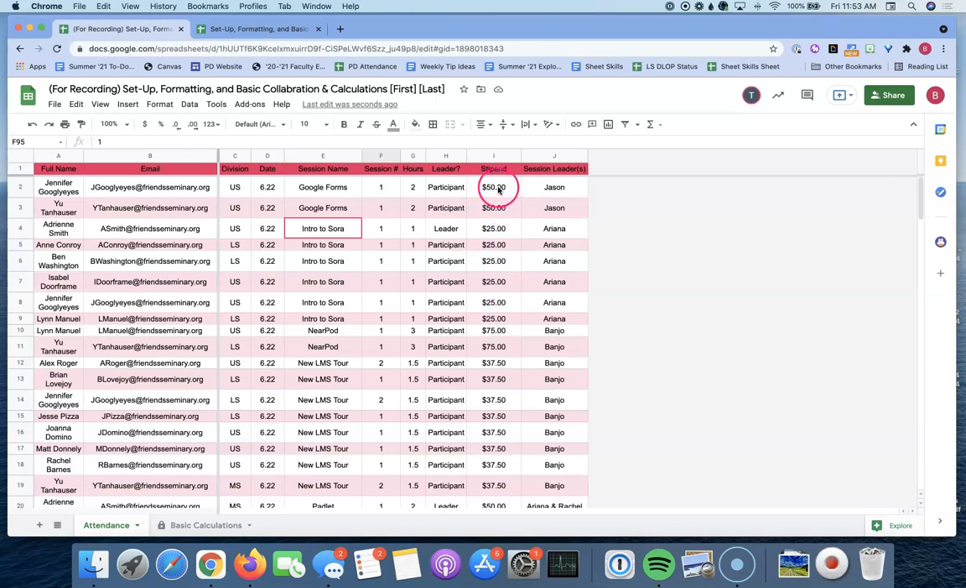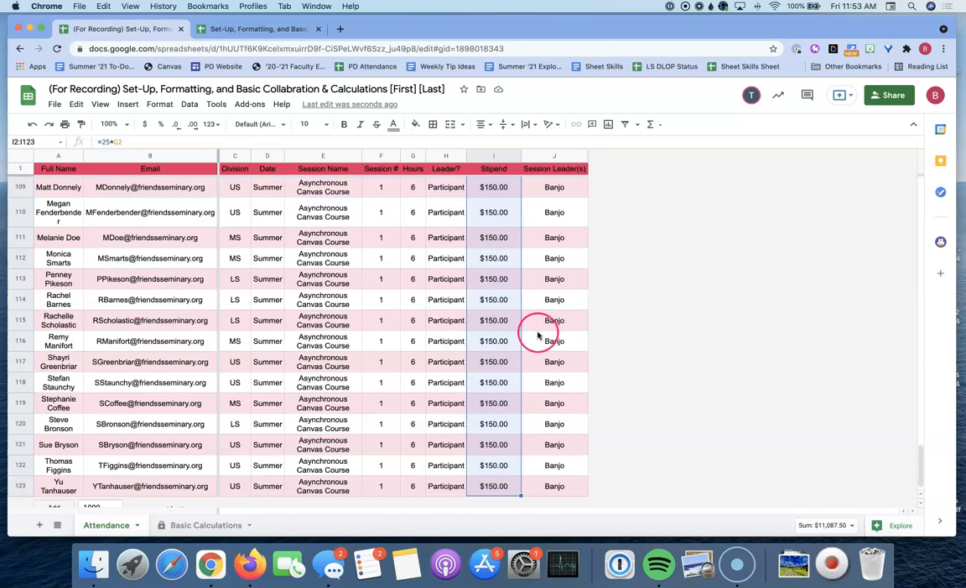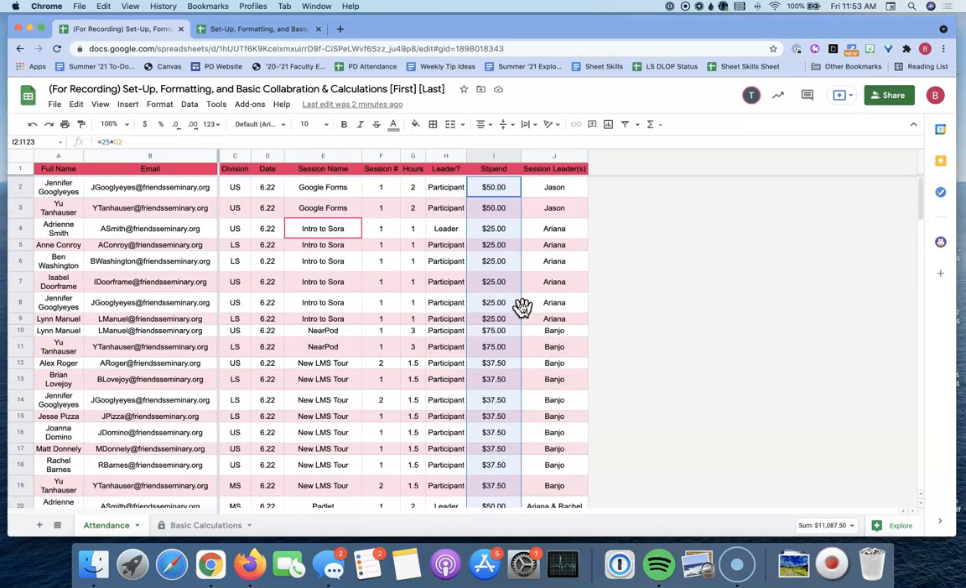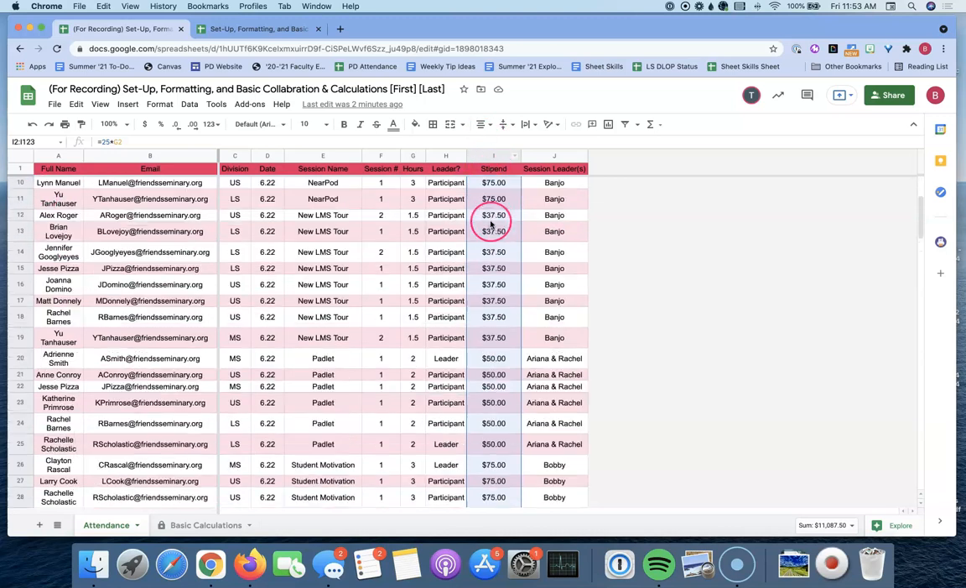So what I want to do is highlight, in this case, all of these stipends. I don't want to include the word stipend, so I'm going to start with the second row. I'm going to press Shift, Command, down. That's going to highlight the entire column. So I2 on the top, right? I2 all the way down to